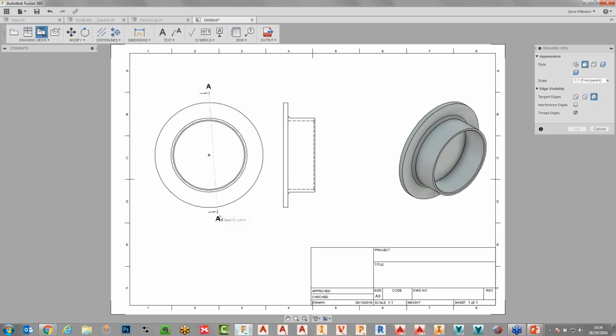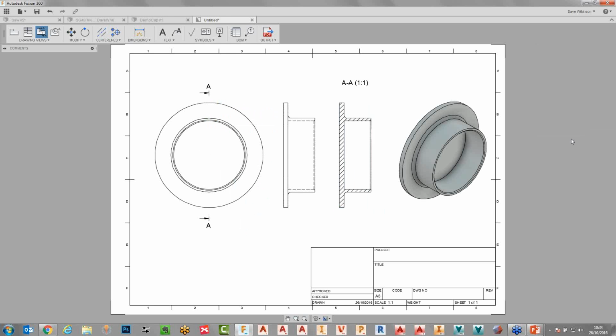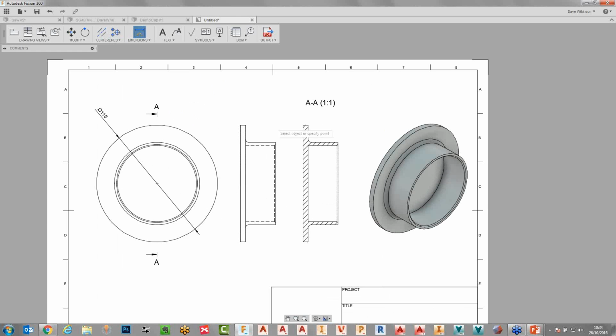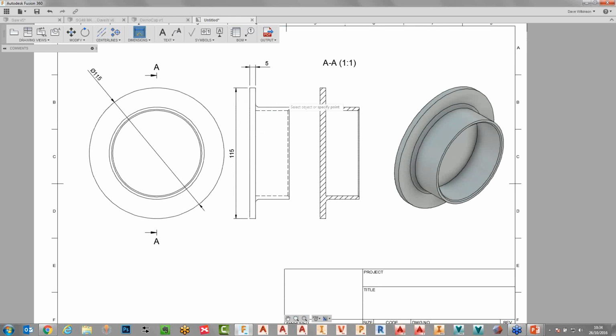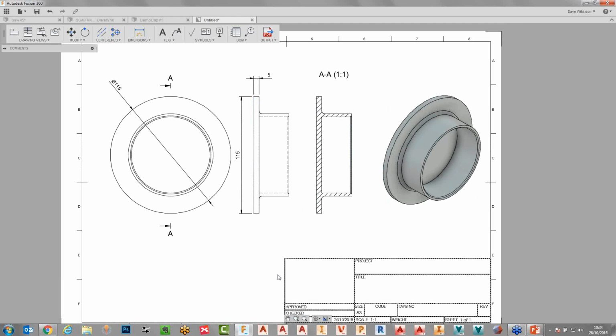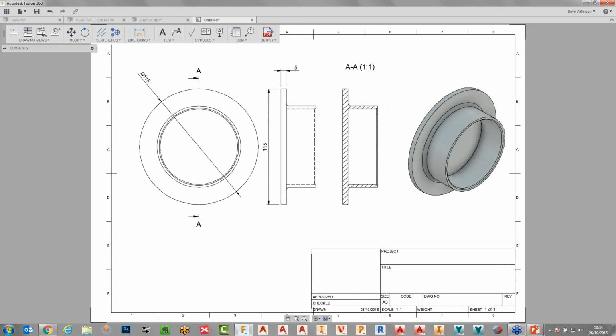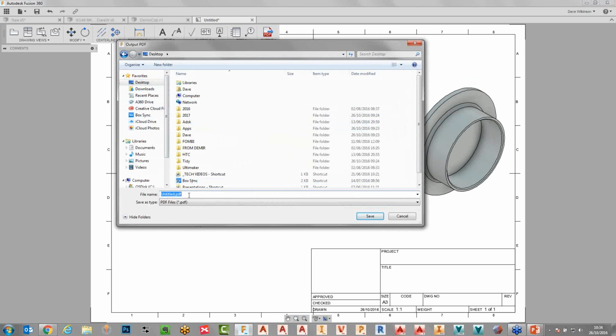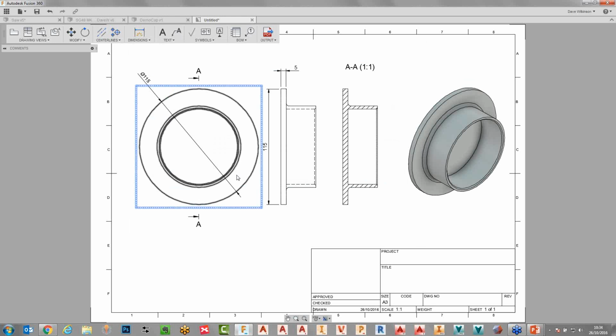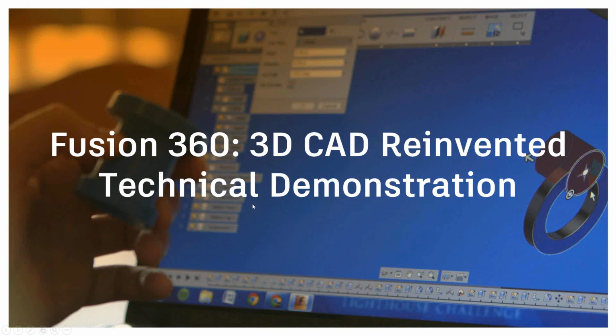So in this case I'm going to very quickly just drop down a sectional view of that as well, so you can see my section view there. Annotations, I'm not going to do too much on this just because of time, but just to show you, as we drop those annotations down, we can easily be selective on what we want to annotate, so on and so forth. And I could keep going on obviously and produce a full drawing of that, so I could manufacture it or choose to do that. Things like PDF output, I just drop this on my desktop here,